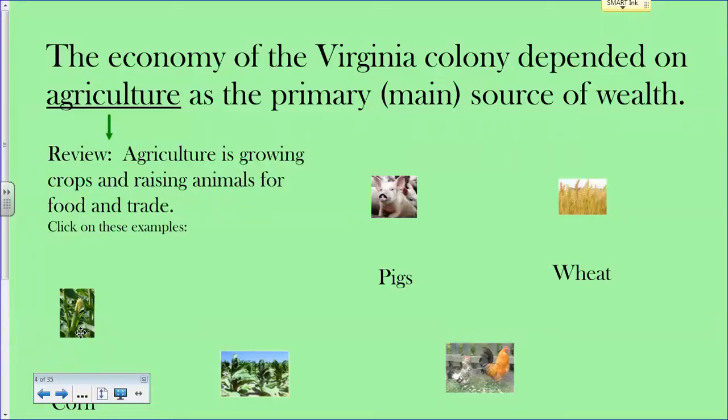So tobacco is used as a cash crop. You've got to think about it like this. If money did grow on trees, because think about it, the tobacco was used as money. If there was a money tree, wouldn't you want to plant as many money trees as you could so you'd have as much money? But what if I told you that to plant and take care of the money tree takes a lot of work, a lot of hard labor, to make sure that money tree is able to survive?